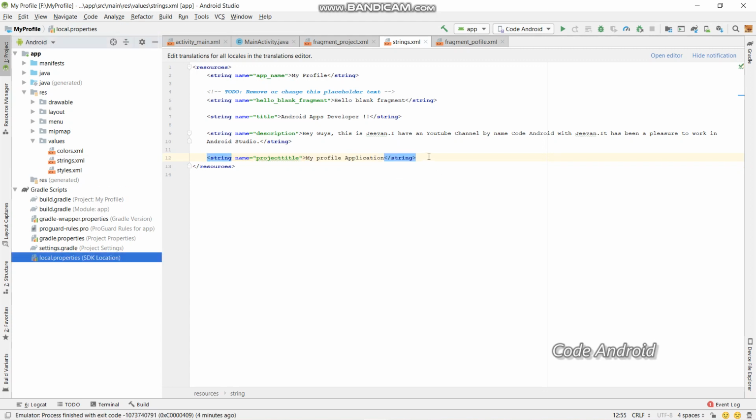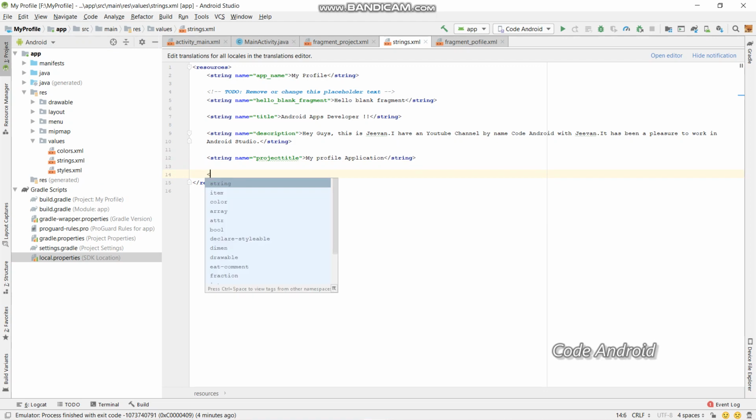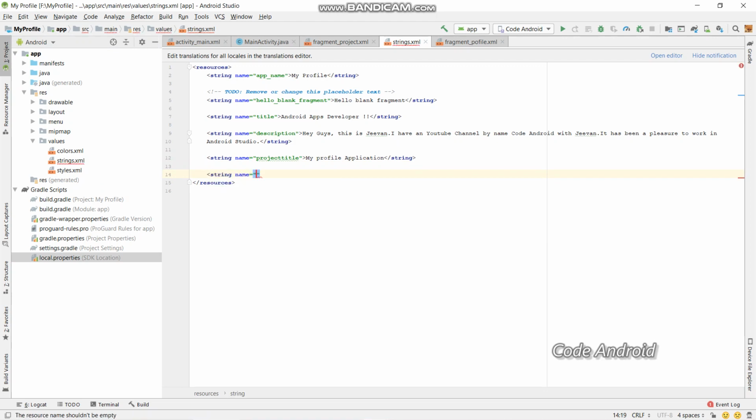Now we have given the project title, and we should also give the description for the project. So giving the name as project DES, that is the description, and let the project description be